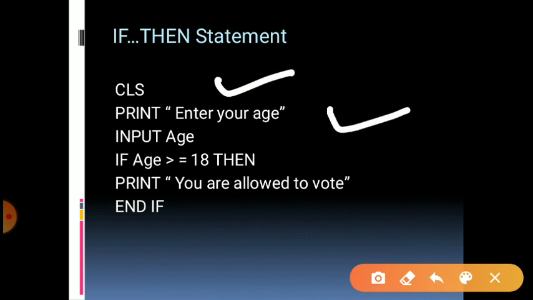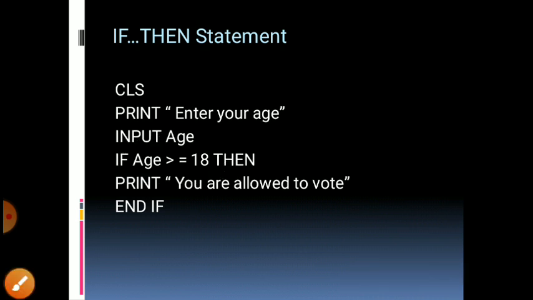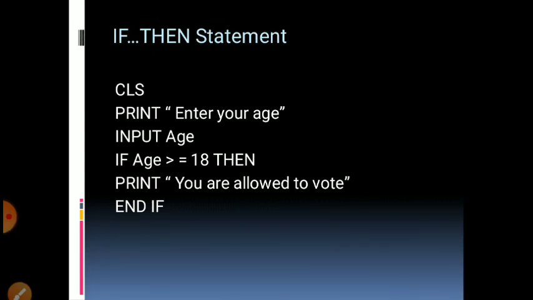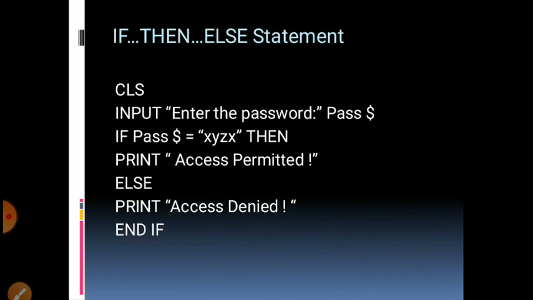Then one message we give to the user, PRINT input your age, and an INPUT function which accepts the value from the user. Then we check the condition with age greater than or equal to 18. Then PRINT you are allowed to vote. If the user enters 18 or more, this statement will be executed, otherwise it will not execute and directly shifts to END IF.